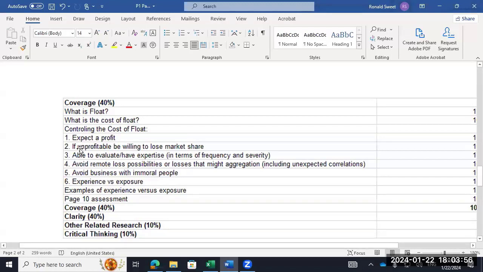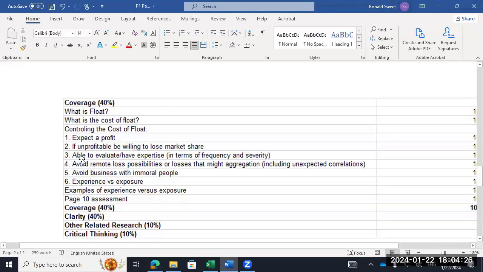Be willing to walk away from unprofitable business. So if you're unprofitable, we're willing to lose market share. What was the word he used? Anybody remember? He uses the word blithe and sanguine. Here he uses sanguine. Sanguine means what? You don't just walk away from business, but you're really happy to do it, which I don't think he thinks that. I forget what blithe means. He uses that somewhere else.